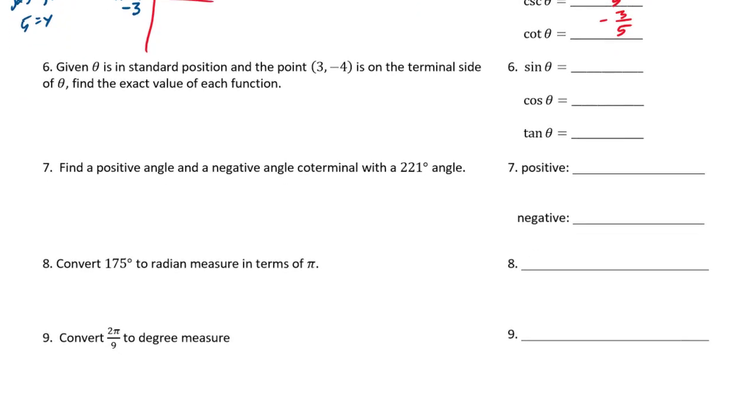Moving on now to number 6. Number 6 isn't a whole lot different, it just presents things in a slightly different way. This one actually gives us an ordered pair, so I'd go 3 to the right, and then 4 down, and then put a dot. So it says that I have this angle in standard position, so that means it technically starts on the positive side of the x-axis and goes around, and it says that that point is just somewhere